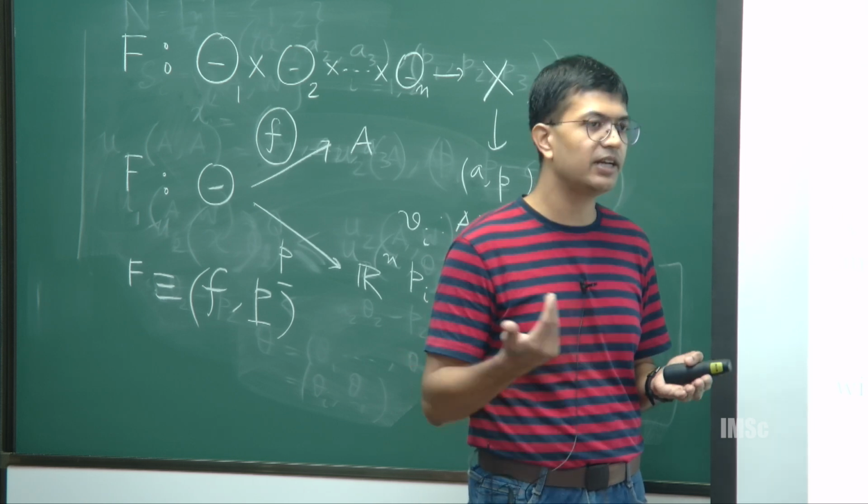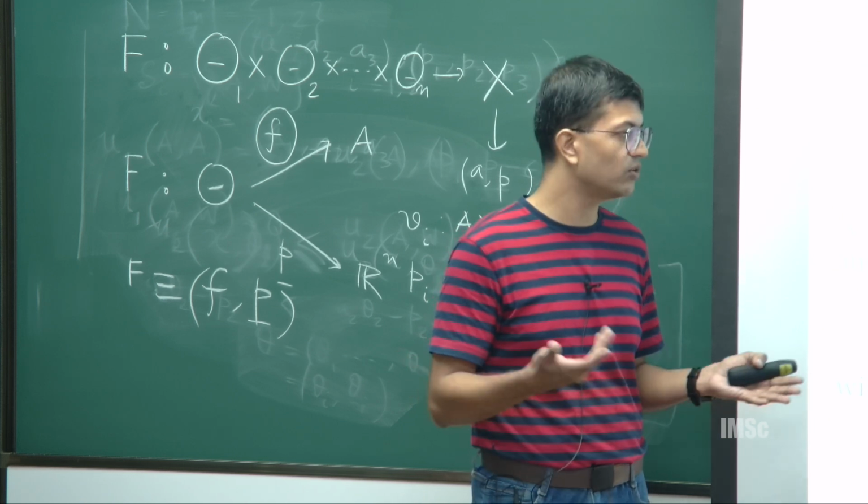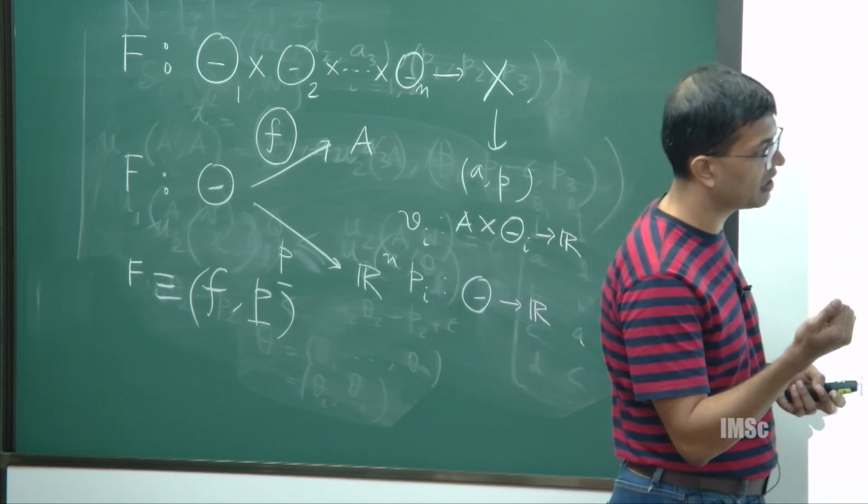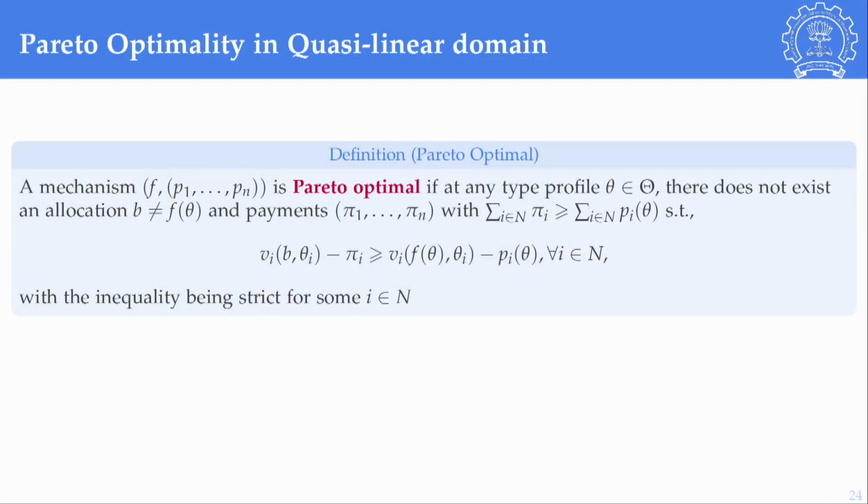Then I will definitely prefer the second one, because I want to make everybody happier. So people will prefer that particular outcome, because that outcome is making everybody weakly happier, at least one person strictly happier. That is exactly the idea of Pareto optimality. It also shows up in the cases where we do not use money, where there is no monetary component associated, but because we have money,